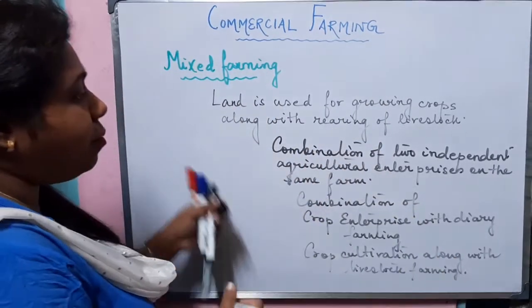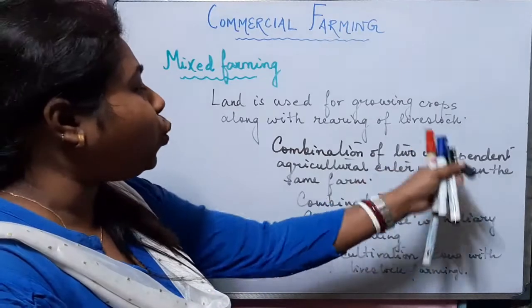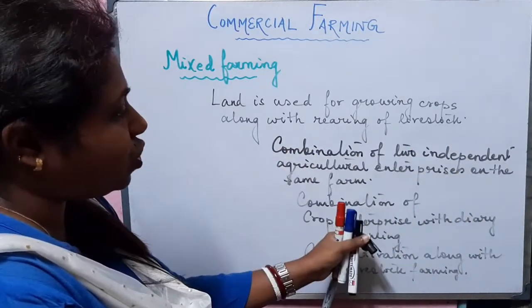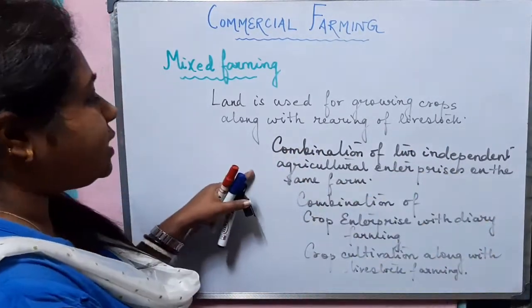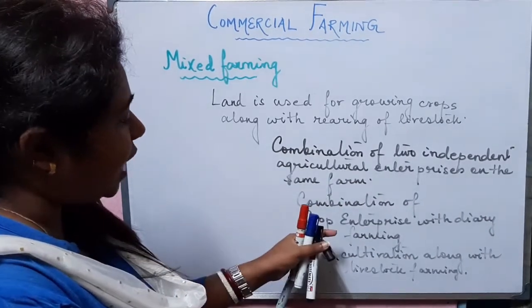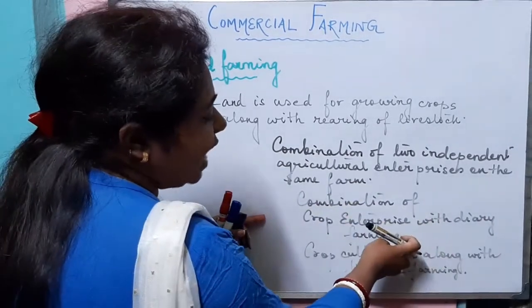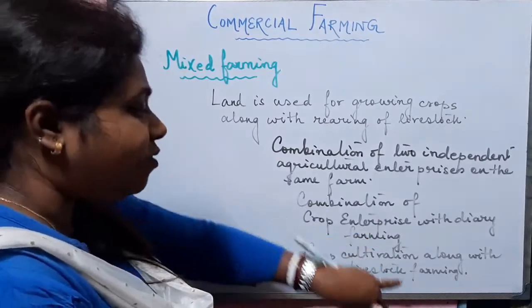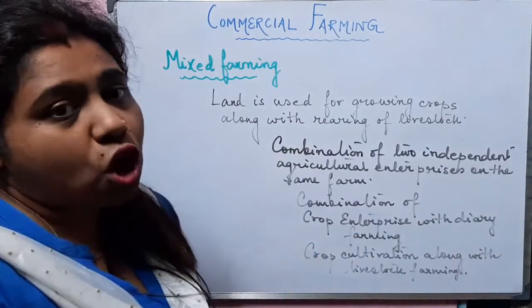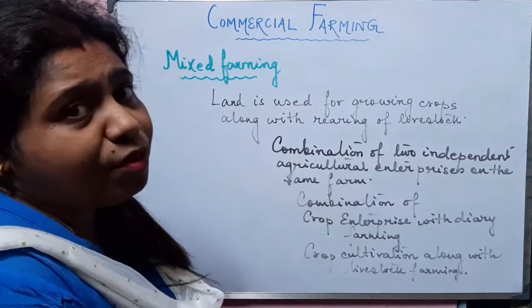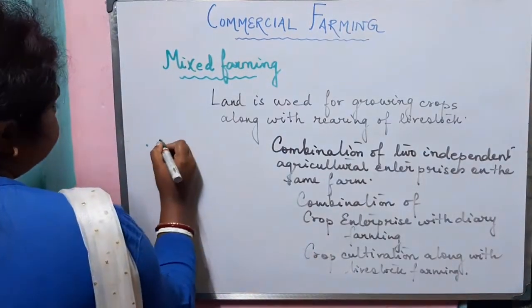So mixed farming is a combination of two independent agricultural enterprises on the same farm. We can say it is a combination of crop enterprise with dairy farming, that is, crop cultivation along with livestock rearing. Now in this type of farming, mainly